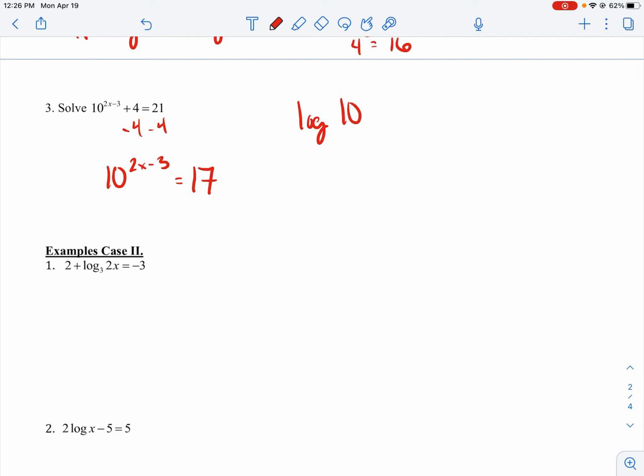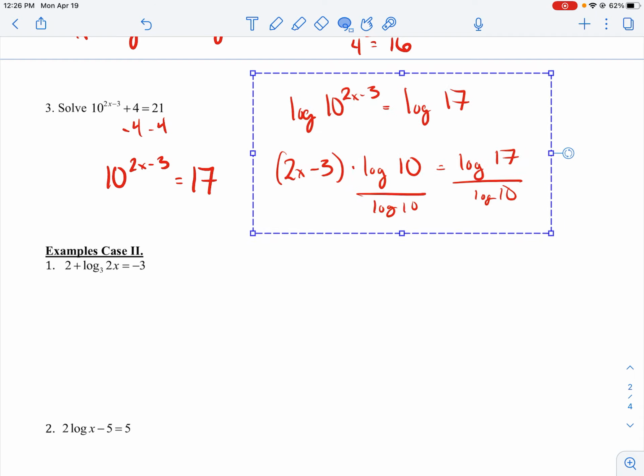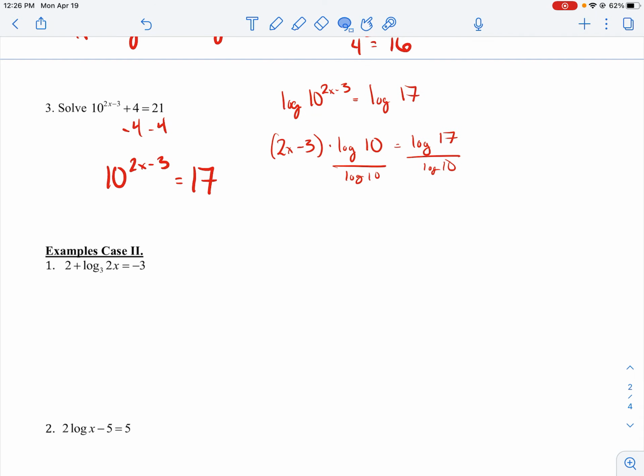Log of 10 to the 2x minus 3 is equal to the log of 17. Then I take that exponent and I bring it in front of my log. And then do the same process as we did on the other. Okay, I'm going to divide by the log of 10, which actually the log of 10 is just 1. Okay, so we get 2x